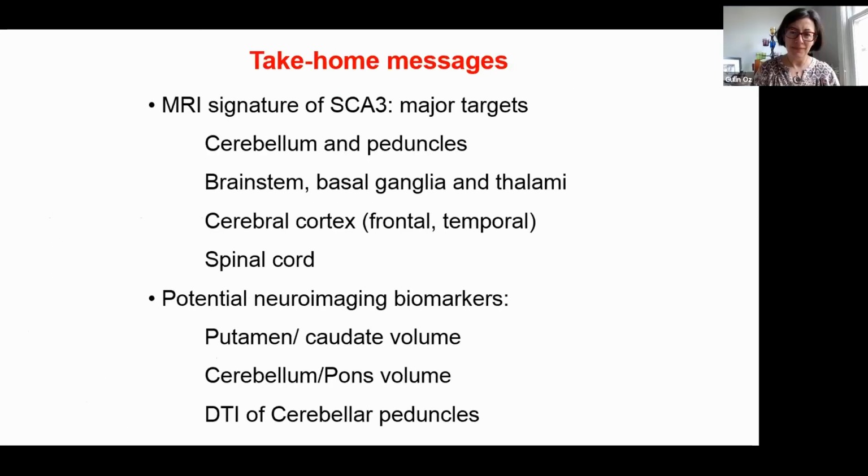So just to summarize and to conclude, I'd like to give you some final messages. First, regarding the imaging signature for SCA3, I think the major targets are the cerebellum and the peduncles, brainstem, basal ganglia and thalami, cerebral cortex, and the spinal cord. At this time, I think my potential imaging candidates would be basal ganglia volume, namely the putamen and caudate volumes, and I believe cerebellum and pons volumes. And from our last study, this long-term follow-up, it seems that DTI would be something really interesting,